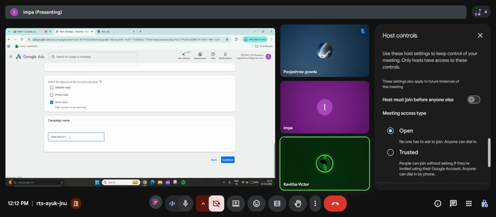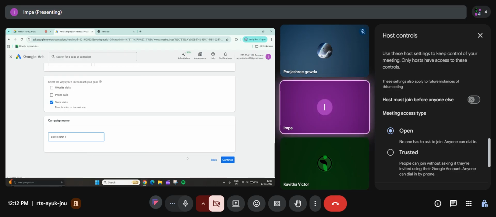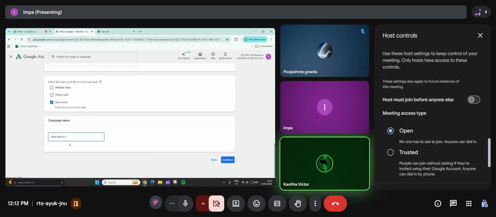So this is completely for your understanding. We will be creating a lot of campaigns: sales campaign, lead generation campaign, February campaign, March campaign. So for your understanding, sales search campaign. Continue. Or else if you want to rename it, you can rename it, Impa.